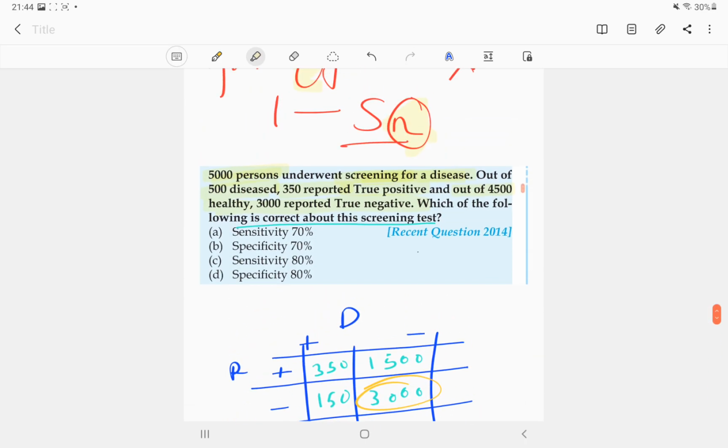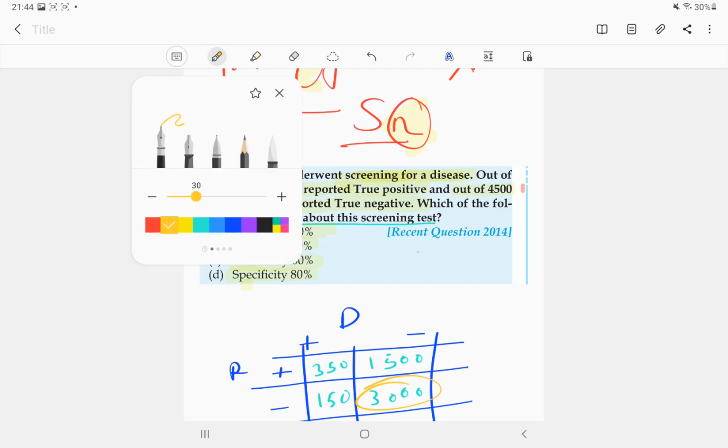So let's look at the options. Which one is correct? SN is 70%. Yes, this is correct. Specificity, no, it's 66%. Sensitivity is 70%. Specificity. What will the correct answer be here? Correct answer is